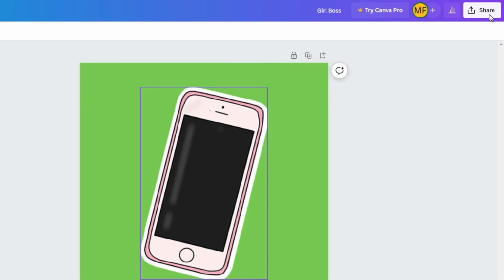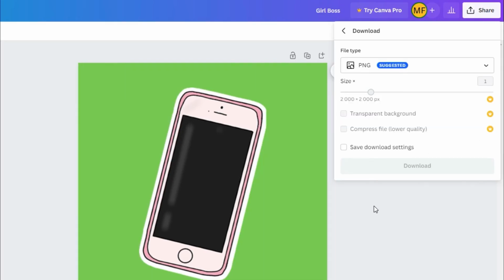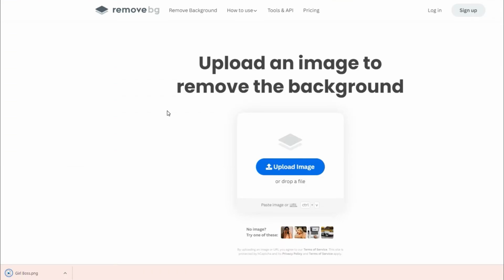Now I am going to save this image. Now, because I am using the free version, the file type here won't matter that much, because only with the pro version you can have the transparent background, which is not the case. So we are going to do an extra step. For now I'm just going to download this image to my desktop, and now we are going to open this